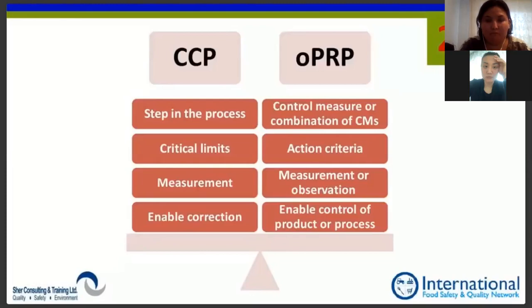FSMA has replaced HACCP with HARPC, which is not focusing on critical control points, because HACCP is hazard analysis and critical control points. So the whole point of HACCP is the CCPs. Well, both 22000 and FSMA say no, hazard analysis and risk-based preventive controls. So not just critical control points. And this is a very strong message to the industry in general, saying that HACCP is not just about cooking your chicken. It's not just about pasteurizing your milk. It's not just about putting on a metal detector. It's much, much wider than that. It's not HACCP anymore. It's a food safety management system.